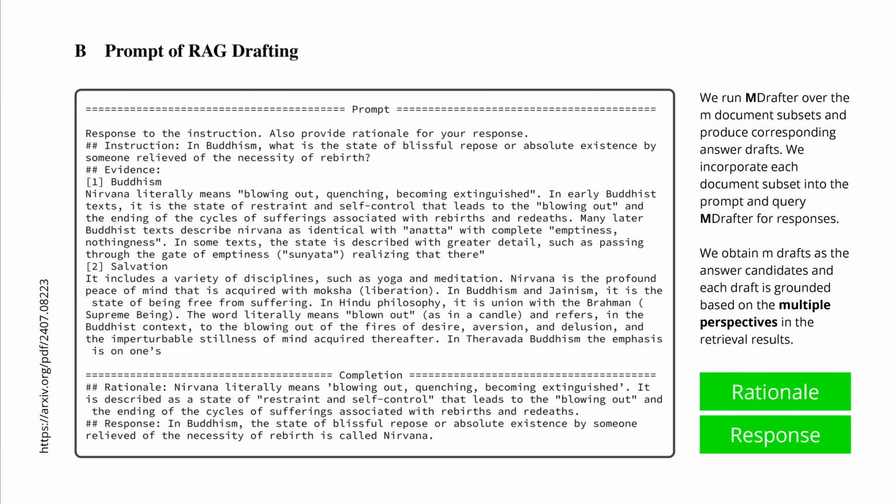Now, to give you an idea about the prompting and the drafts that are generated, here are some very simple visualizations from the annex of this research publication. And they state, hey, we run here our M drafter over the M document subsets and produce corresponding answer drafts. We incorporate each document subset into the prompt and query the drafter for responses. So we obtain M drafts as the answer candidates,